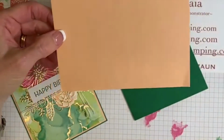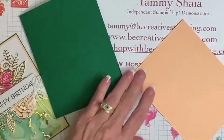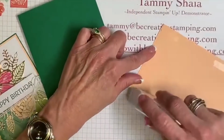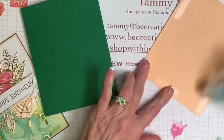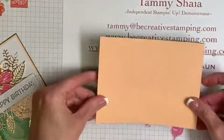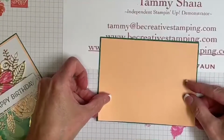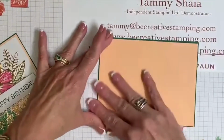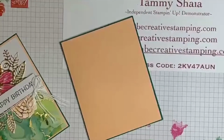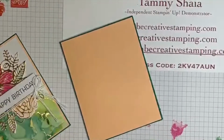I probably should have told y'all to do 2 printables tonight, 1 for each card. And that never occurred to me. All right, so we're going to add adhesive here. And we're just going to center it onto the shaded spruce card base. All right, right here. Okay, and then we're going to add, and did I not? Let's see if I can find